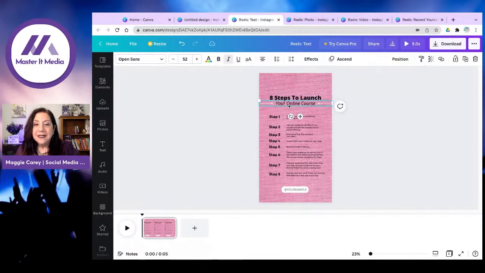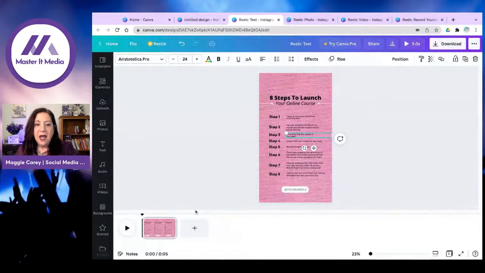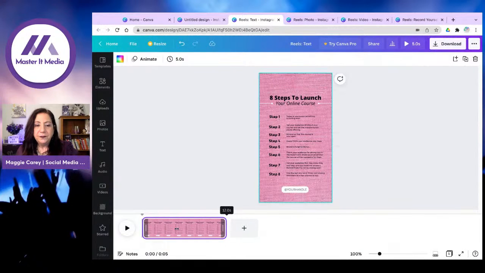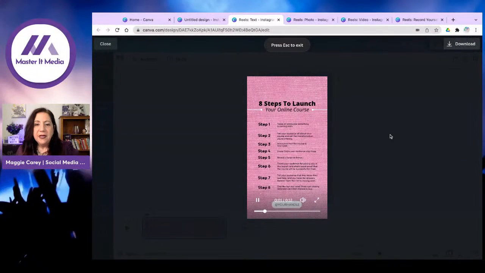And what I did was I selected each element and I gave it a different animation. You can see here, it says rise, it says whatever, right? Here, these are all pan, pan, pan, and these are rise, rise, rise. What does that look like? Well, right here, I click the play button and you can see what it turns into. So it gives a little color. Now that's 5 seconds. I could make this longer and click play, but when you do the animation, it kind